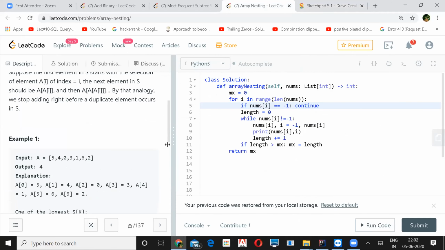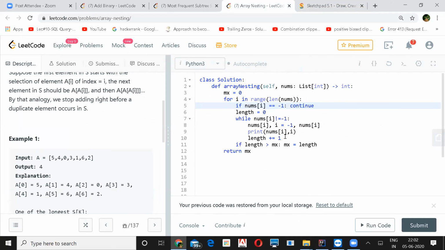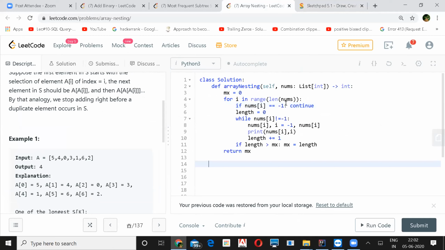See what I did. I'm just updating the max. First time if I see it's already -1, I'll just continue and do nothing. Then what Praveen was saying: make count to 0, length to 0, and as long as you don't hit -1, for the number which I visited, I'll put a -1, take that index out of it and go to the next one, increase the length and update the max each time.